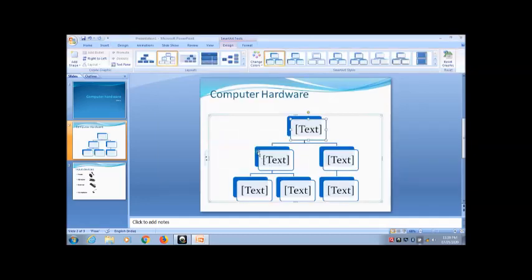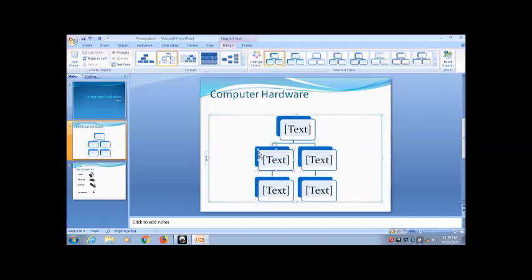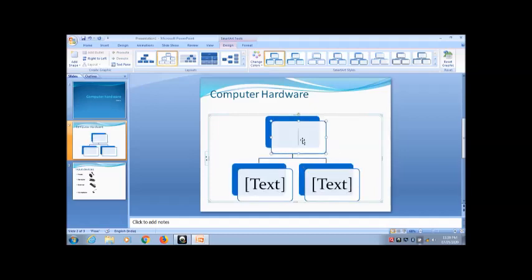Now you can remove the extra boxes which you don't want in your slide. Because I want to define them in only 2 types, I can remove extra and then write here types of hardware.